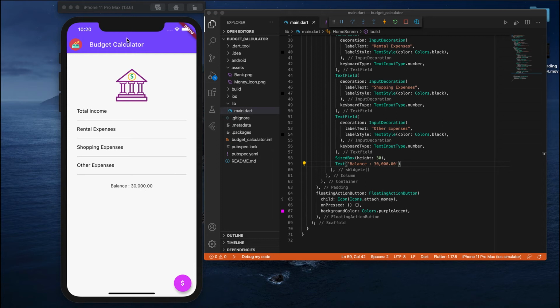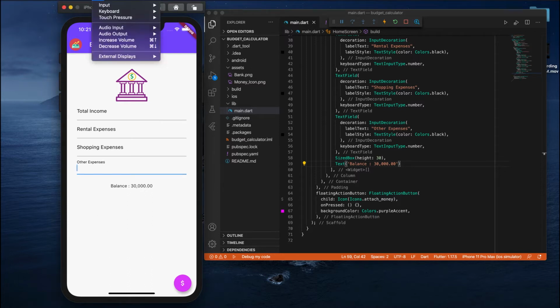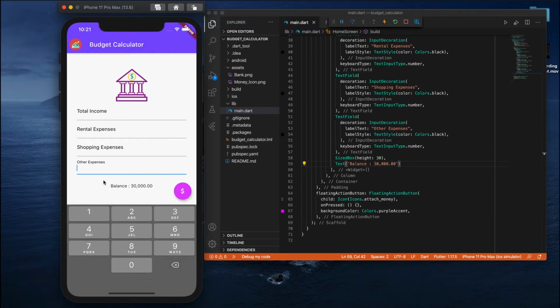So far we have done the setting of the basic UI, which is an app bar, as well as 4 text fields here, a label at the bottom and one floating button. Next we will set up the keyboard for this, because if we click here, you can see the keyboard. Let me open a keyboard. See the keyboard, but there is no action to dismiss the keyboard. So let's perform that using a gesture here.